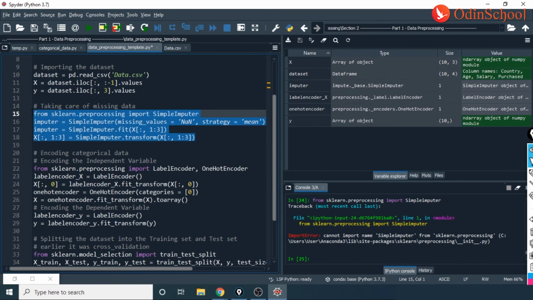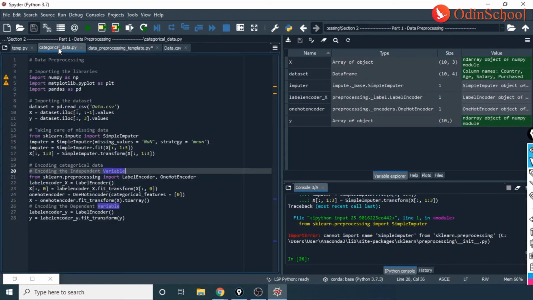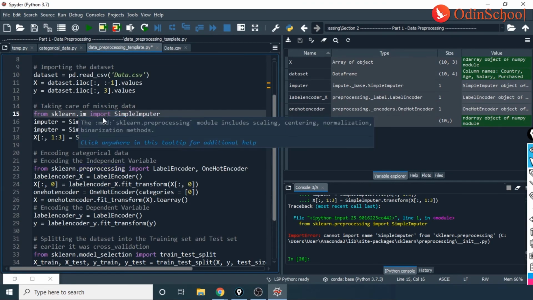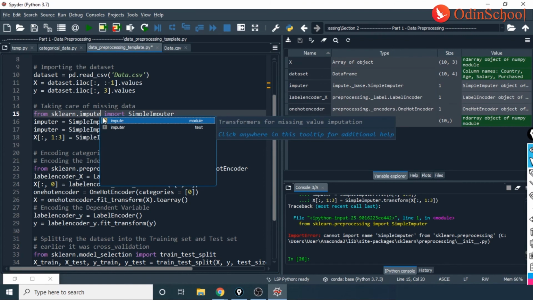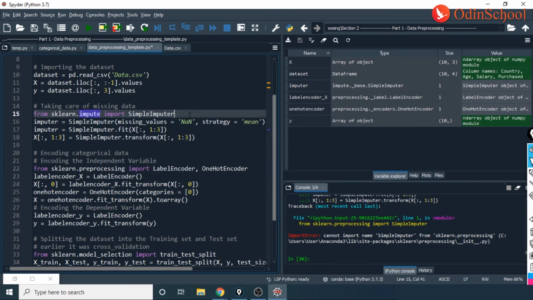Now let us see what could be the new variant of error that we would be having. Cannot import the name SimpleImputer. Well, this is not within sklearn.preprocessing, guys. If you remember, we saw that this got changed into sklearn.impute. So that is the next change. So this is how we change, guys. This is how you work on each of them slowly, line by line, step by step. You take it with patience.